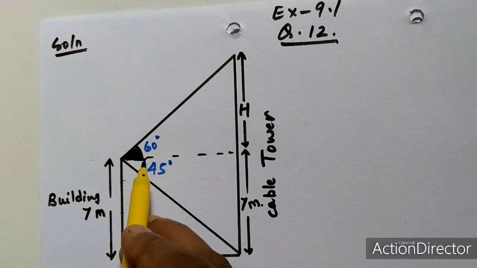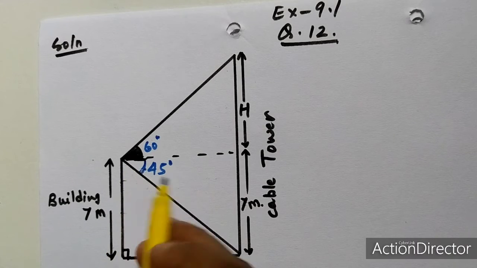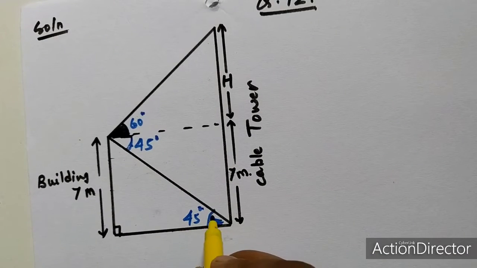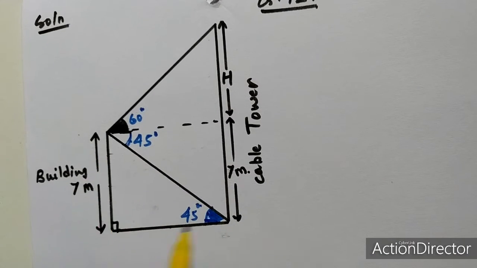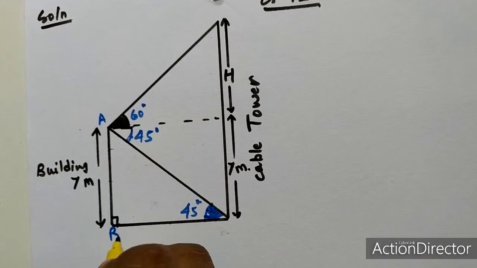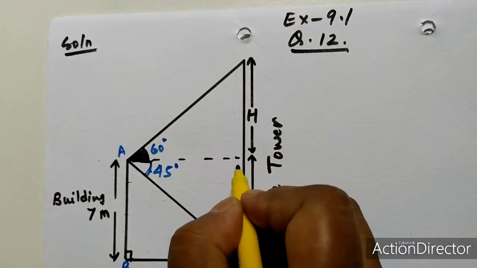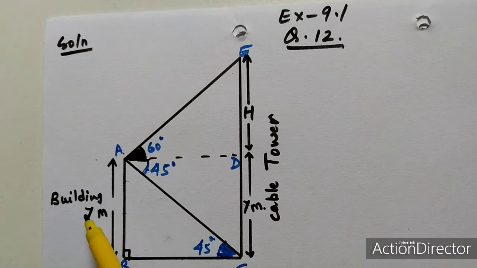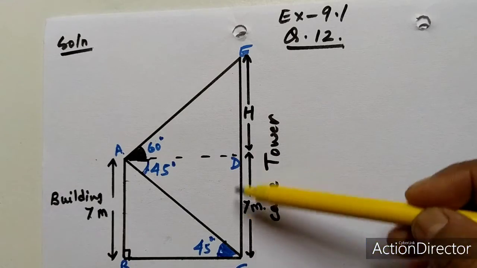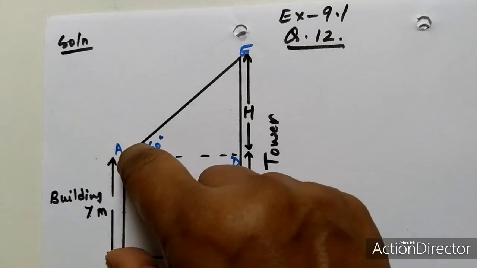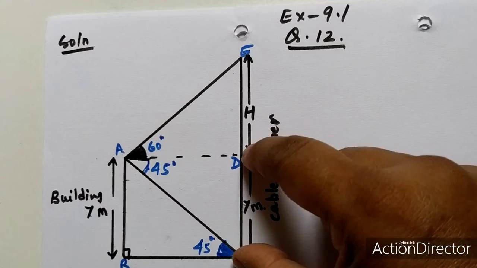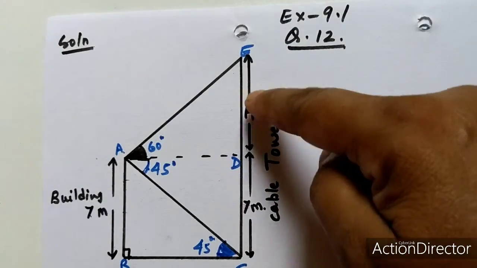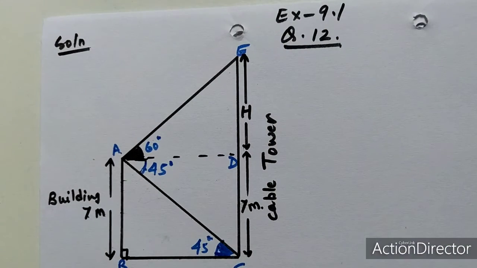So what we are going to do, actually this is angle of depression. So this angle is equal to this angle as alternate interior angle. So we are going to consider this angle as 45 degree for triangle ABC. This point is D and this last point is E. Now as AB is equal to 7 meter, so here CD will also be equal to 7 meter because these two parts are equal. Till here 7 meter. Now we have to find out only this much height. After we find out the value, we have to add it to get the total height of the tower.